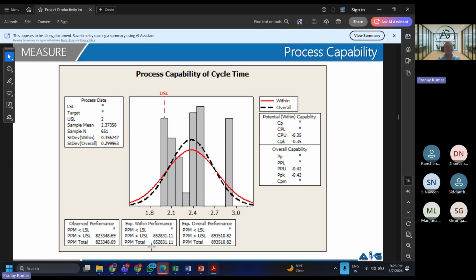No problem. You can mention this, but ideally you should have also done it for something like cycle time. You should not be calculating Cpk. You should be calculating the Z score, because in cycle time, mostly you will only have one-sided specification. Yes, everyone? You understand that thought? Yes, sir.